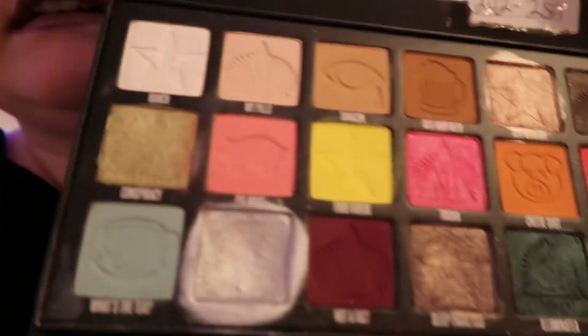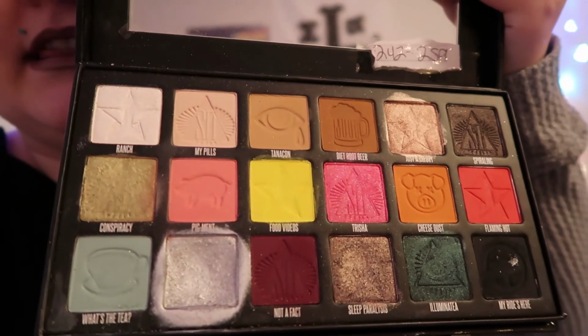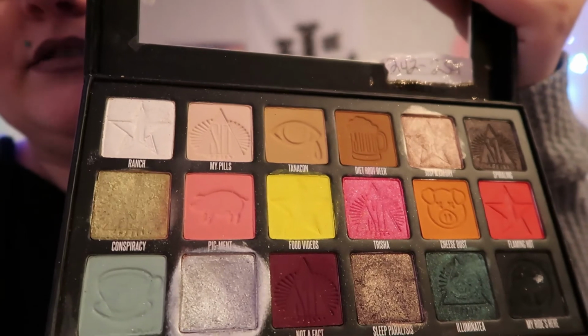I did use it for today's look. It's not my eyeliner underneath, but I use it for the top of my lids. And I've used it some, but that top row right there with the mainly neutrals, I barely ever use. I mainly use the last two rows because I'm not really a neutrals fan. So, I don't know why I feel like